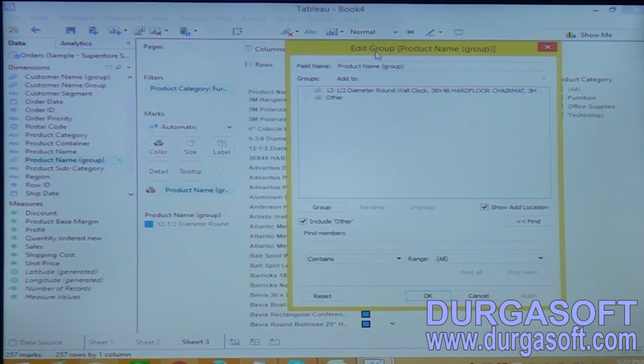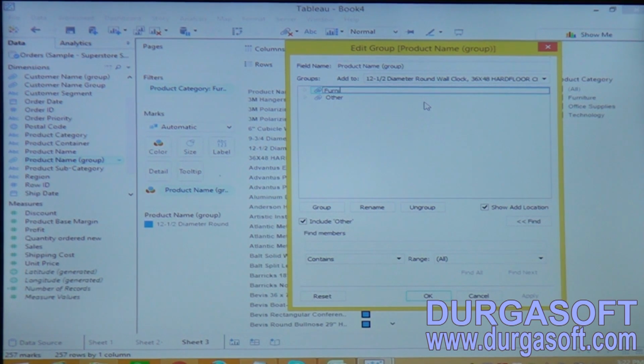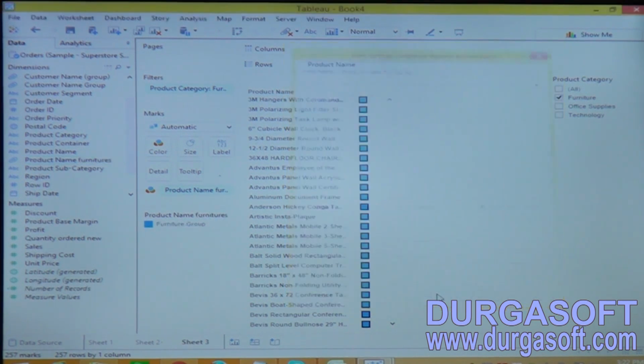See, automatically whatever data is from the furniture product names is created as one group, and the rest of the data is displayed as the Other group, the furniture group. This is the furniture group, and let's say the product furnitures. Okay, this is product furnitures. Now click apply.